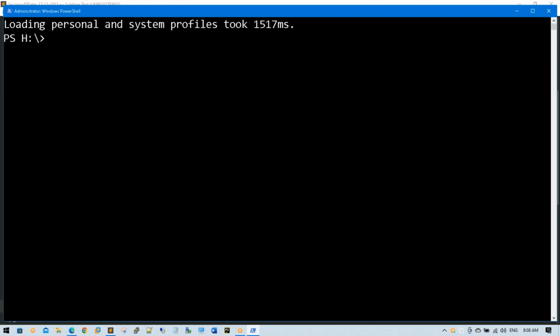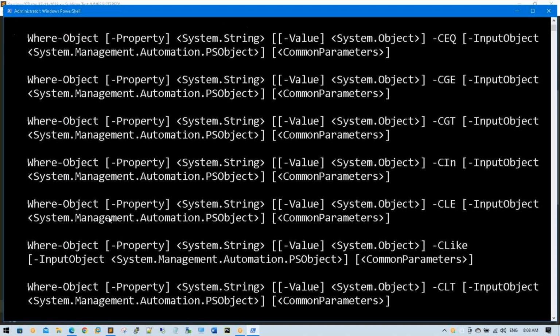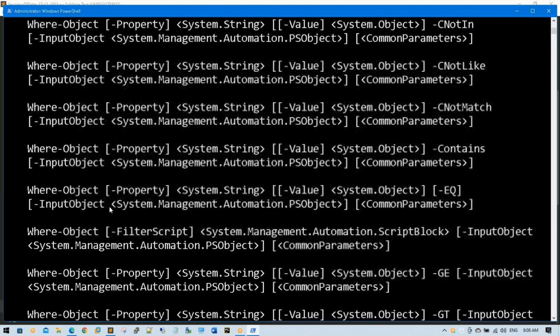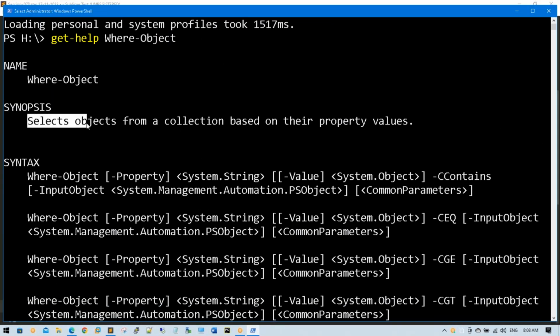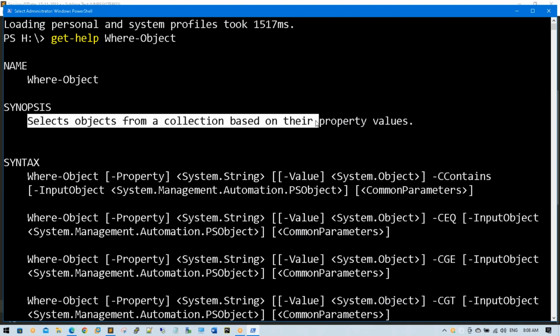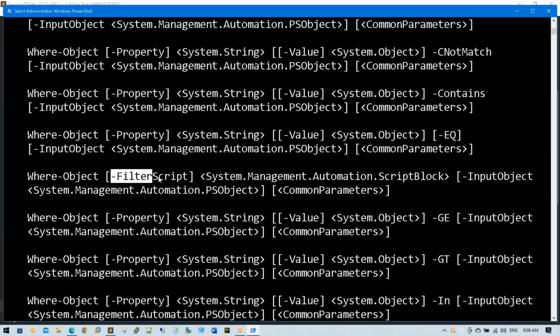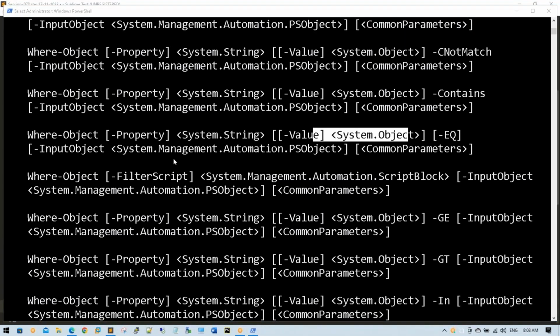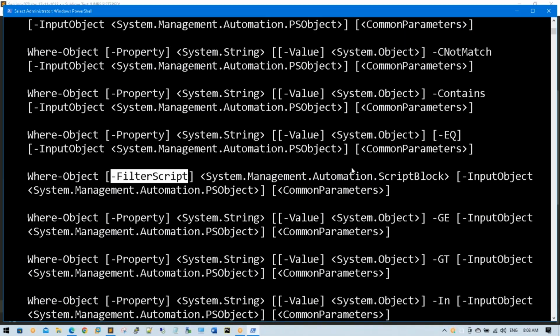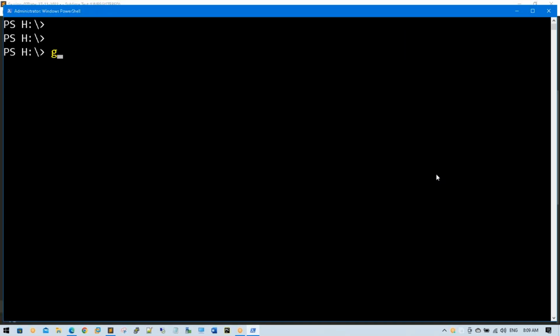See, first go to the syntax of Where-Object. Yes, this is the Where-Object information: selects objects from a collection based on their property value. Somewhere we have FilterScript and its data type is, for example, property, it is a string, value, it is a string. We are writing single quotes or without single quotes based on the spaces in the value. But if you see FilterScript having a data type like script block,